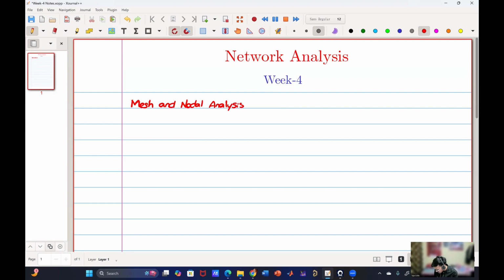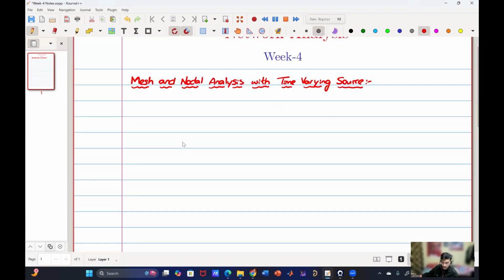Mesh and nodal analysis with time varying source. I have planned to derive this using the differential equation, but let us see whether time permits or not. Then I'll skip this part and go to the actual theory part. Or maybe I'll just skip this derivation and we'll directly see. Let us check how much time we have. So what Sir has done is Sir has considered one RLC circuit